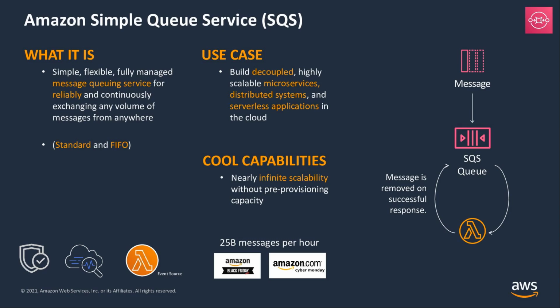SQS is going to continue to retry failed messages up to a certain maximum receive count that you specify. A few performance tips: you want to tune your batch size, your visibility timeout, and function timeout. If you're not familiar with those, we can direct you to the documentation on how to configure that. Best practice is to set the visibility timeout, and that applies to SQS, not Lambda, to 6 times the function timeout. So if your function timeout is 1 second, set the visibility timeout to 6 seconds. That'll give the function room to retry in case of errors or throttles.